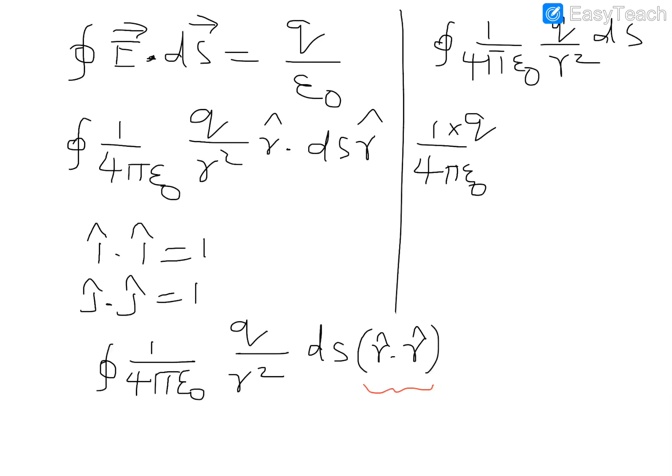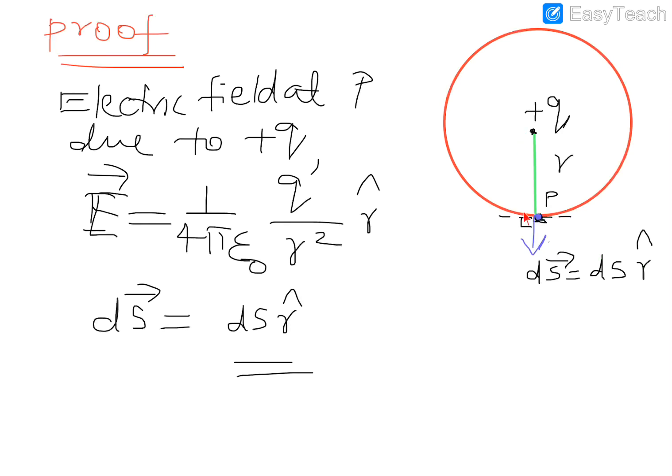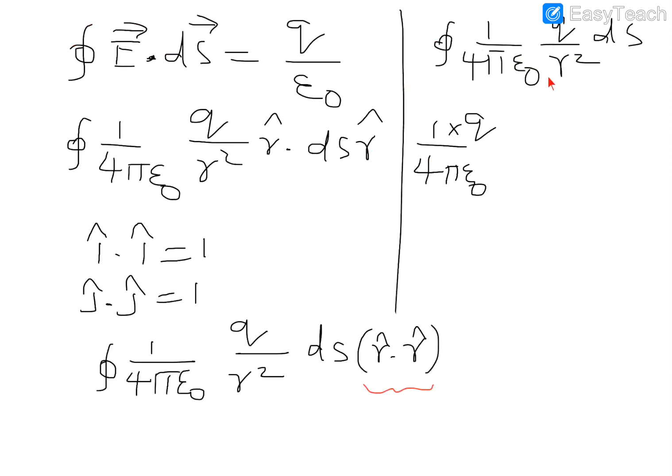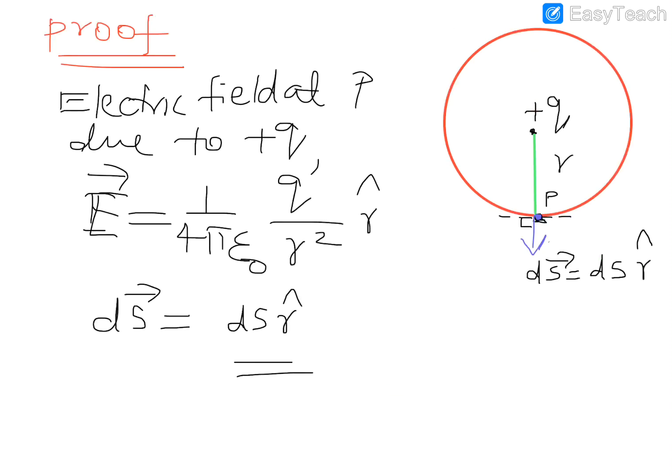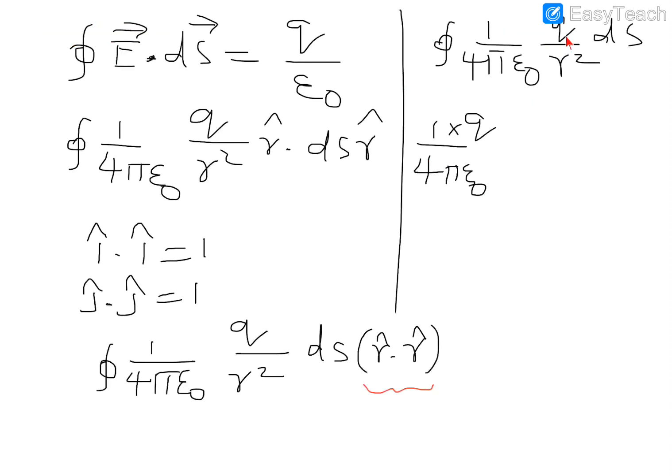Okay, now another one is r. Actually, what is r? R is the radius. Any point, if p is not here, if p is here, still r will be the same, even though the direction is different. Here you are using only the magnitude of r, the value of r. The value of r is nothing but the radius. The radius of a sphere is constant, it will not change. So even though the direction changes, in this expression you are using only the magnitude. So magnitude wise it is the same throughout.